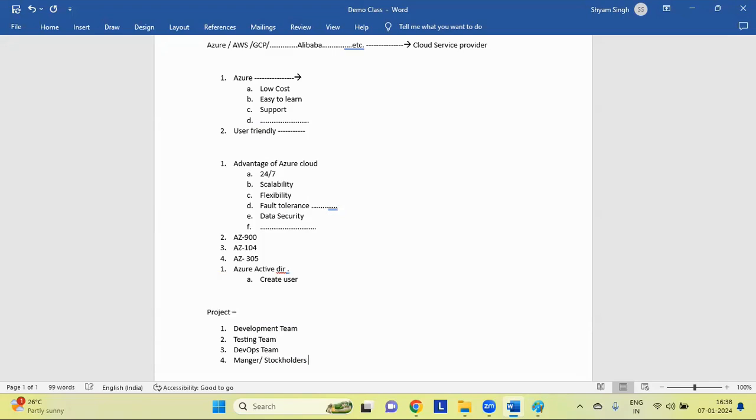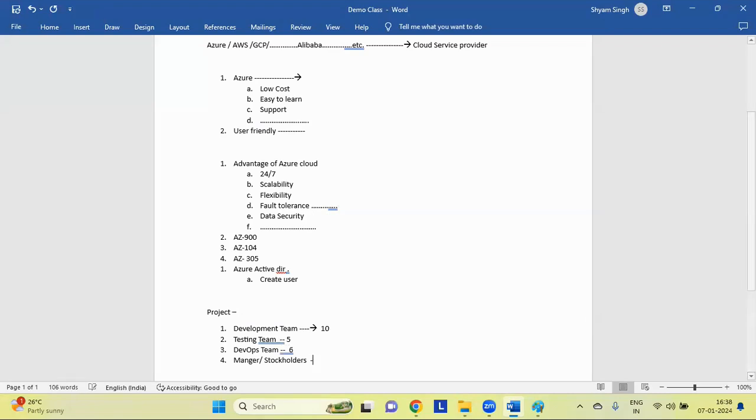Correct. So each one has more than one person. Suppose here it is 10 people. Here also suppose 5 people. In the DevOps team you have 6 people.